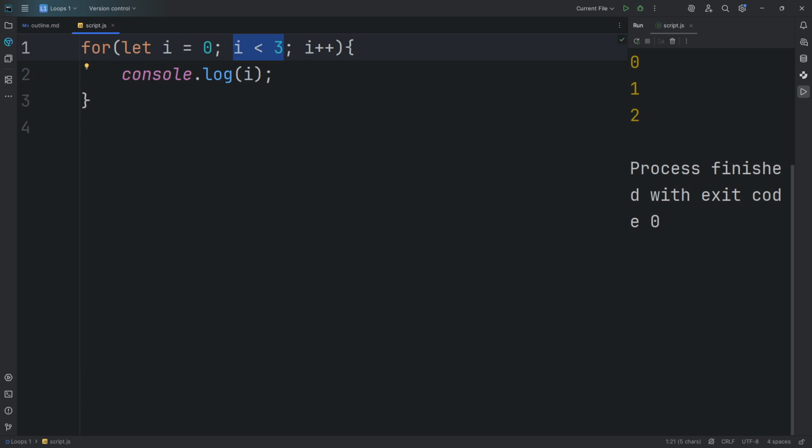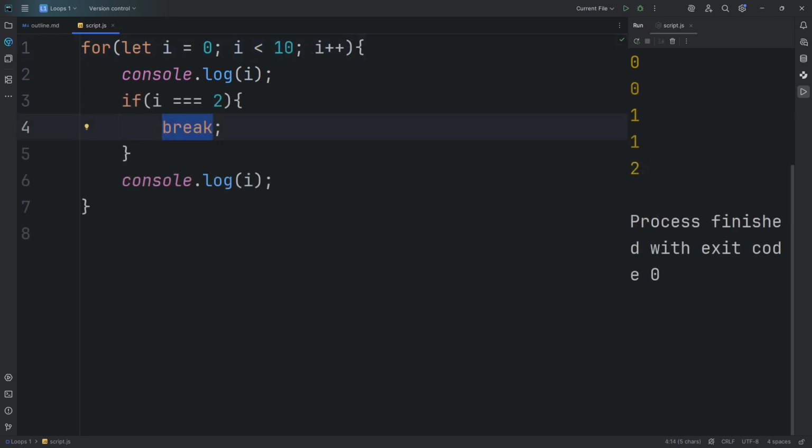However, there is a fundamental difference in that the loop condition is only tested at the start of an iteration. The break can be used anywhere inside the body of the loop, so a test that triggers it can happen in other parts besides the top of the loop body. This code outputs 0, 0, 1, 1, 2. Notice that the 2 is only logged once and not twice because the second console log in the code